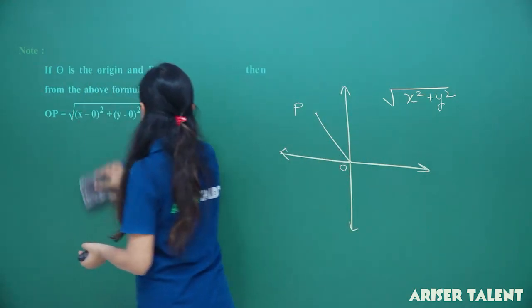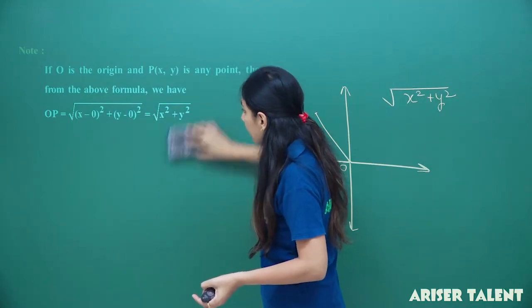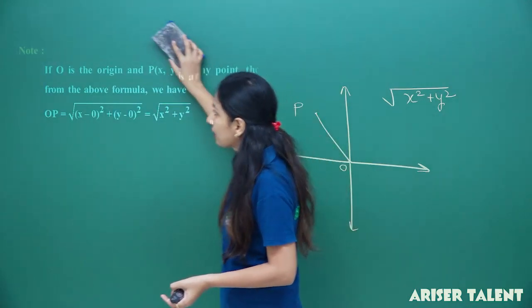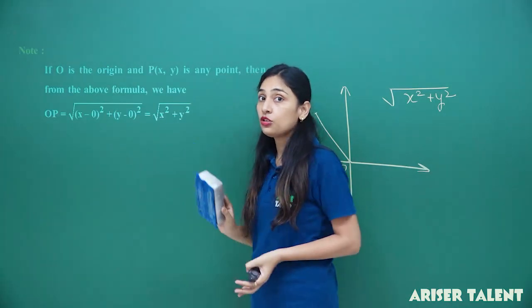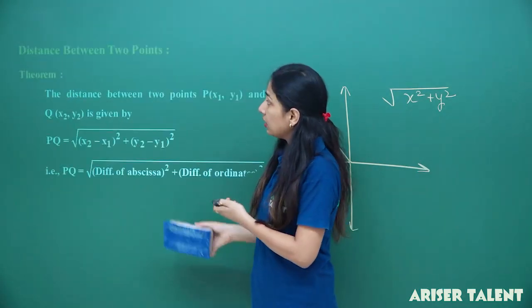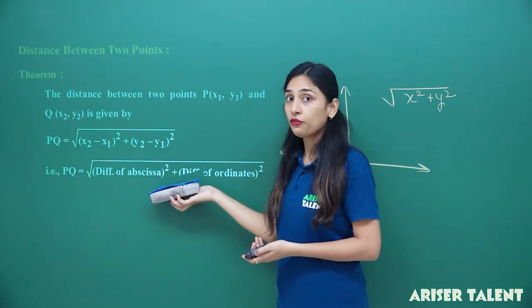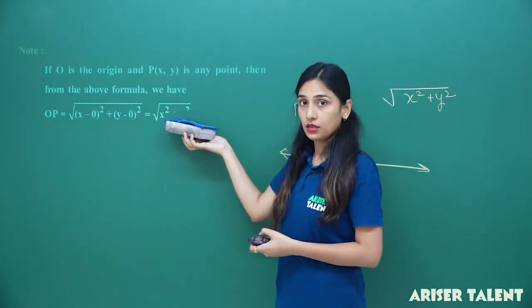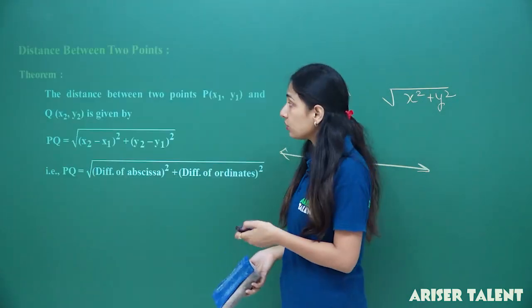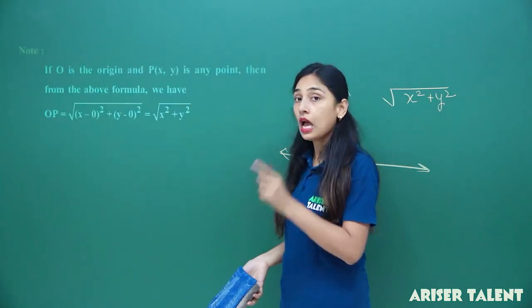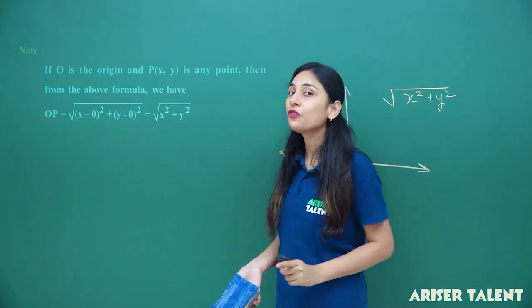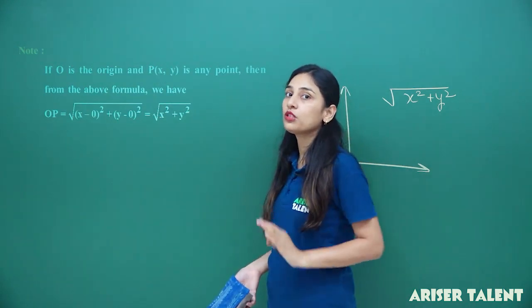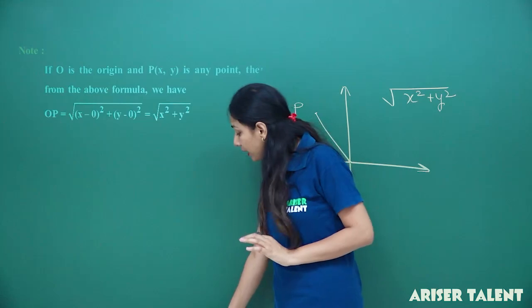Now, what will we do? Why did I repeat it for you? Because we have to do some questions on this particular topic. Now, this particular formula and this observation, these two things are really very important for you guys. The examiner frequently asks questions based on this formula. Okay, now